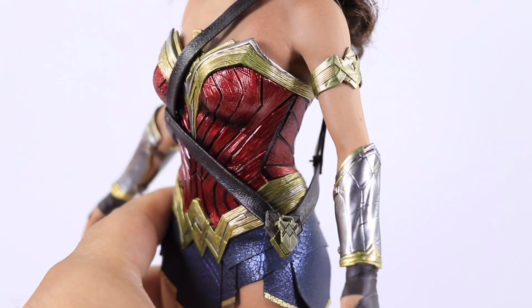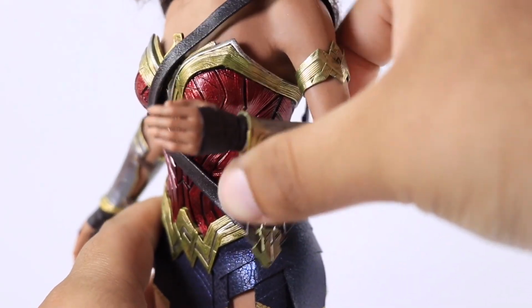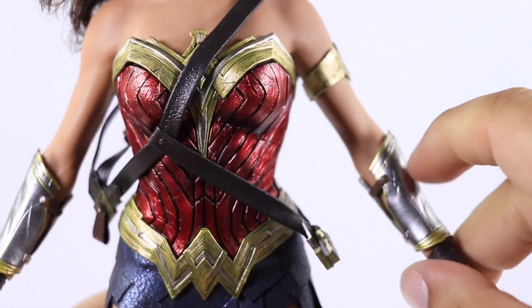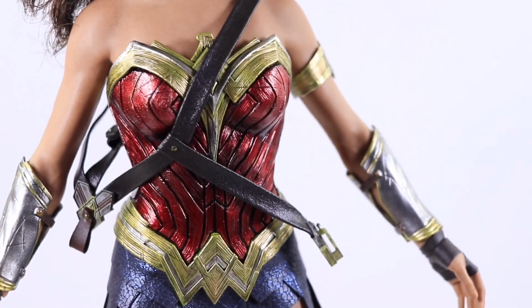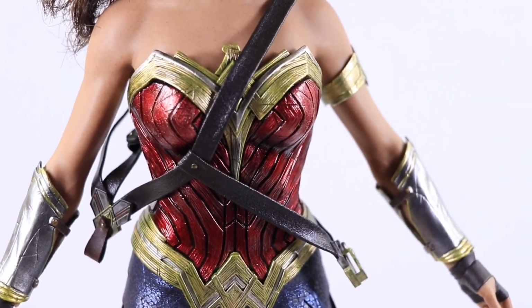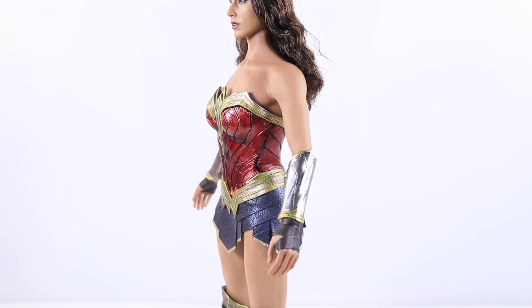Then the elbows do bend also, so they go in about that much. But you can go further, but you're going to damage the suit right over here. Mine does have a little bit coming through, but I mean, humans are already wrinkled right there, so no biggie. I'm going to see if I can do this on camera for you guys, putting on the